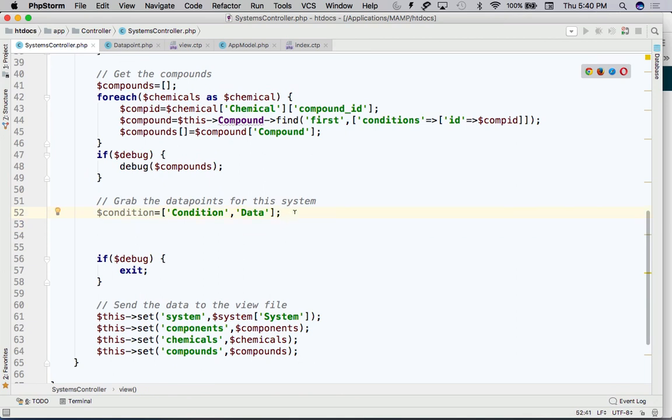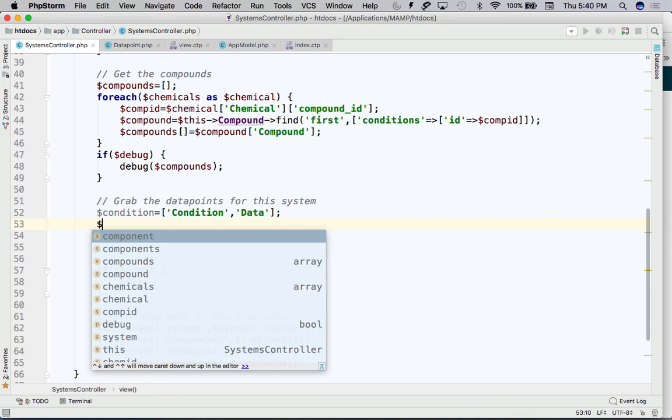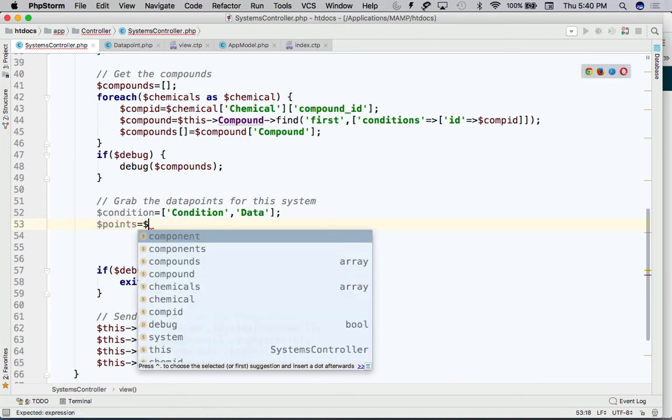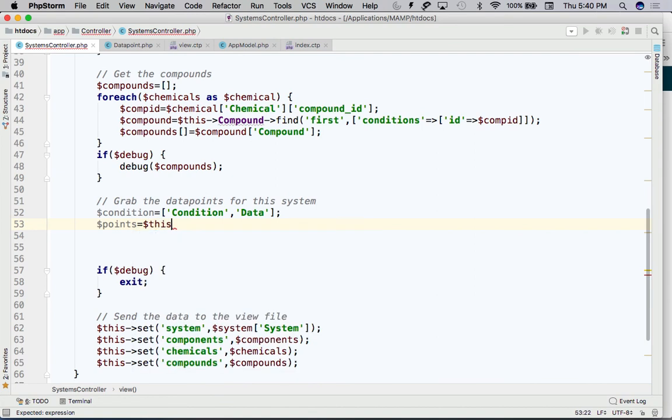So I'm going to try and do this all in one command. And so the variable I set up is data points. I'm sorry, points in this case, making it a little easier. I want to find all the data points